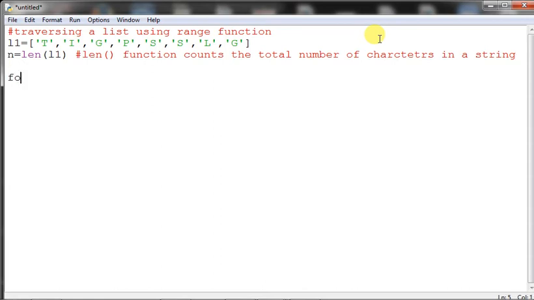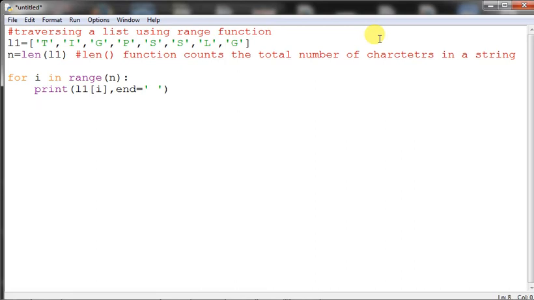Then I am writing for I in range n. Range n means the range of the list. Next I am printing, and here the index of the list will come into picture: L1 of I. It will start from 0 actually. Then comma, end equals to, similar to before.